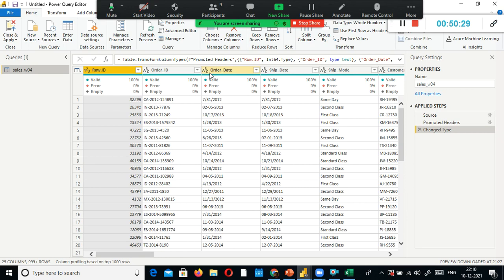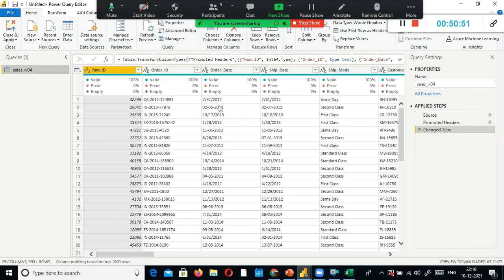Here my order date is text. Once you create the calendar table, you need to create a relationship between the date in your calendar table and the order date or ship date. Usually we establish an active relationship between the calendar table's date column and this one.